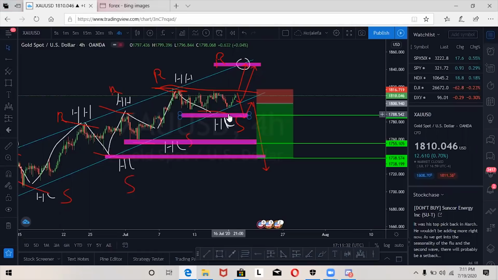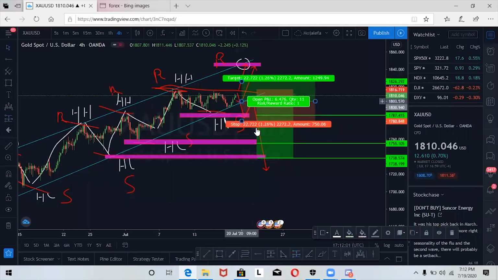You need to know your harami, your doji, your morning star, your hammer, your inverted hammer, your shooting stars, all those reversals, guys. So knowing that, if the market is going to shoot up, it's going to show you a reversal pattern. If it shows you a nice reversal pattern, you can enter here. Since you're entering inside the trend,